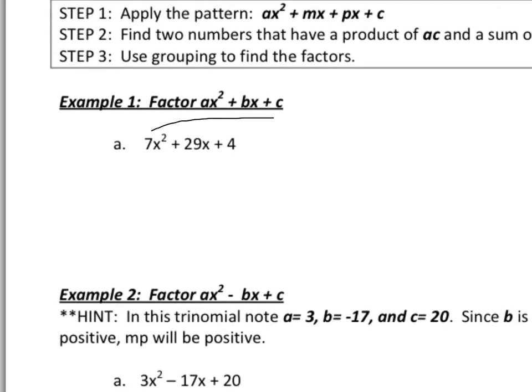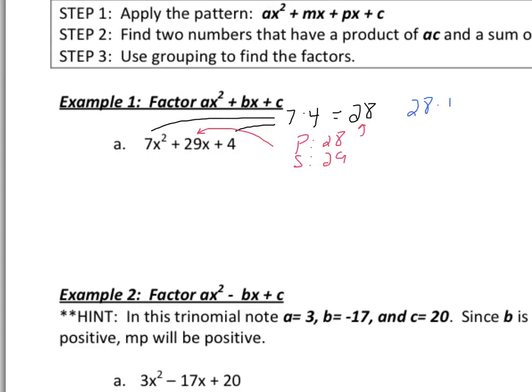We have a 7 and we have a 4. So we're going to multiply those together and we get 28. So we need to find two numbers that have a product of 28 and a sum of 29. So there's your product and there's the sum we're looking for. And that combination would be 28